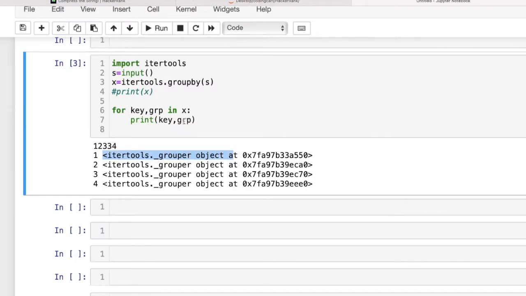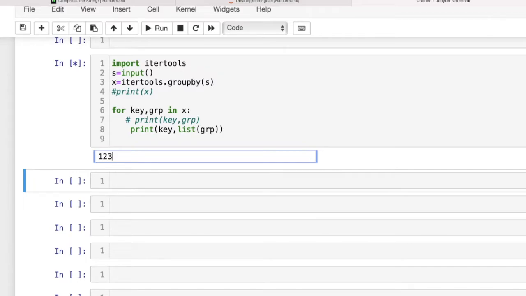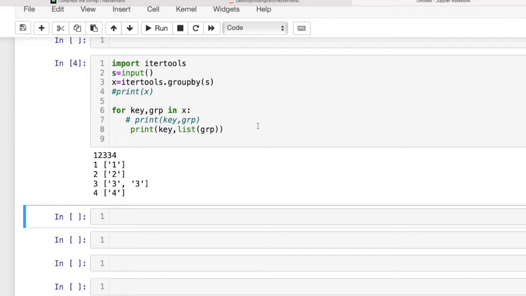So to print these iterable things we have to convert this into list type. So let us convert this into list type. Suppose I am printing key, and let us convert this group into list type, list of group. Now let us print and see, and we are passing the value 1 2 3 3 4. This is our string. Now you can see it is printing the correct value.